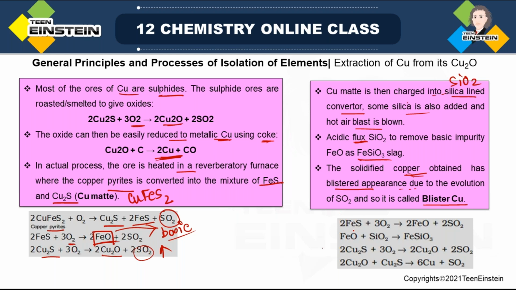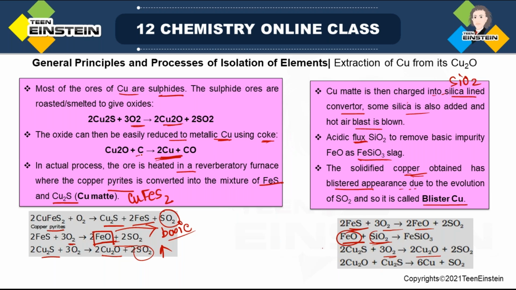So here the reactions are FeS reacting with oxygen. This is the same reaction as you are seeing here. Then removal of this impurity or undesired part by using acidic flux SiO2. Then Cu2S in presence of oxygen is converted to oxide. Now this oxide,